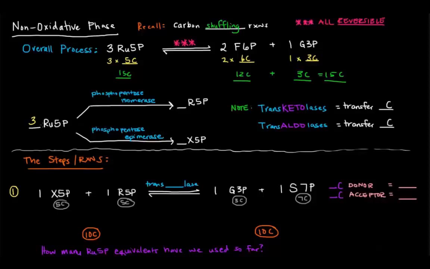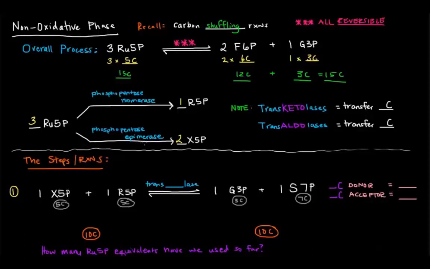Now, if we have 3 ribulose 5-phosphates, and we're going to turn them into R5P and X5P, we're going to have two of one of these and one of the other. We're actually going to make 1 ribose 5-phosphate, R5P, and 2 X5Ps. This top reaction here we just mentioned earlier is that phosphopentose isomerase catalyzes that reaction to go from Ru5P to X5P. It's a different enzyme called phosphopentose epimerase, and epimers are actually just diastereomers that differ in chirality at only